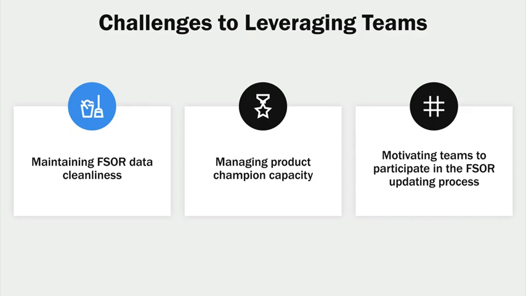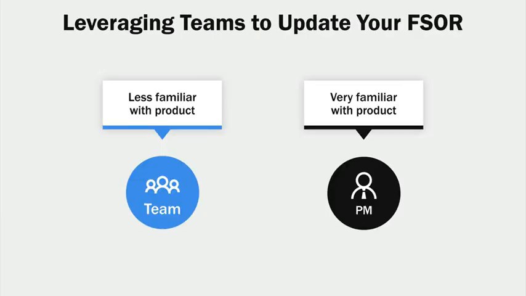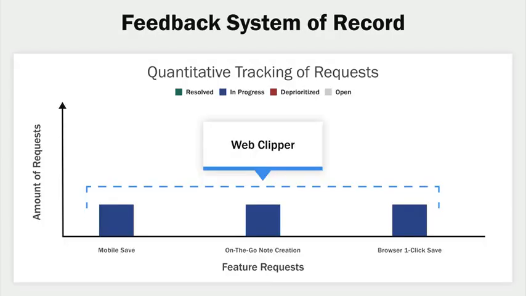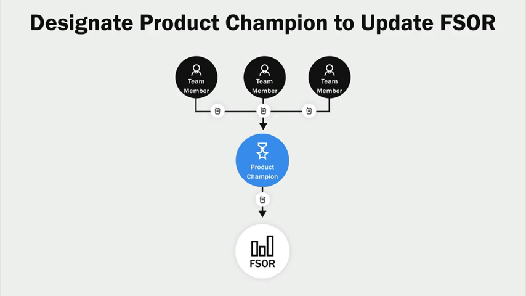The first challenge is maintaining the FSOR's data cleanliness. Teams that process the feedback sources won't necessarily know the product as well as you do. As a result, they might inadvertently create multiple feature requests, all termed slightly differently for the same underlying feature request. For example, they might create 3 different entries: mobile save, on-the-go note creation, browser one-click save, for the same feature request: web clipper. To solve this, have a single designated product champion from each team be responsible for updating the